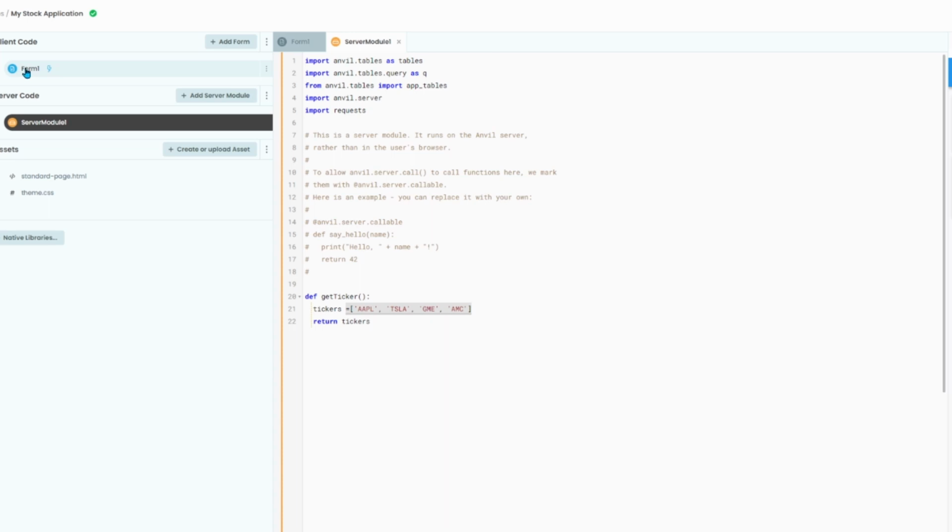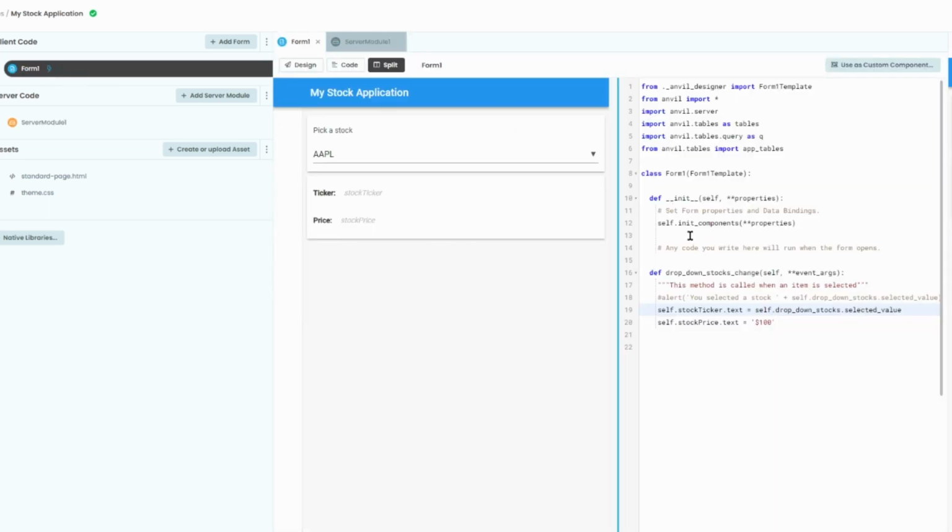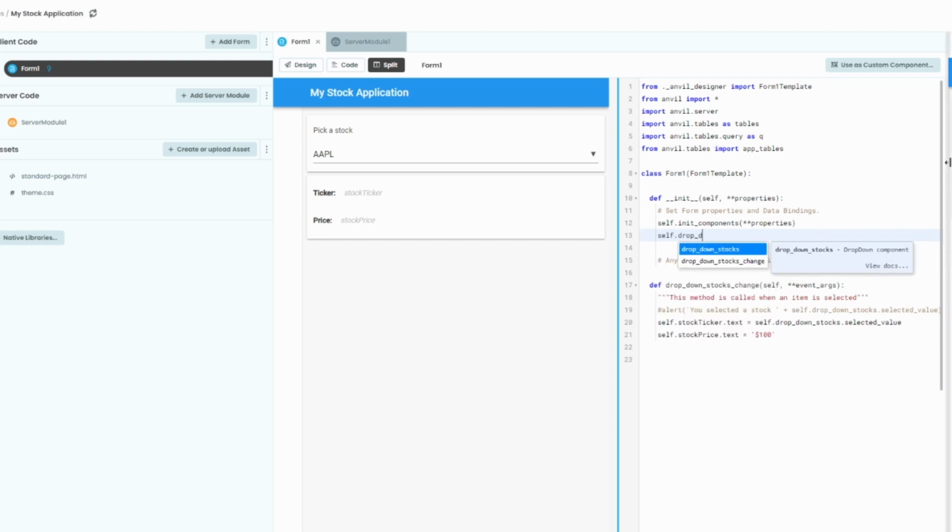So let's hop on back to our form, and then underneath these init parameters, let's go self.drop_down_stocks, and then we want to mess with the items here. And then we go anvil.server.call, and we'll say get_tickers. So a couple things that I want to go over with this line of code here is this